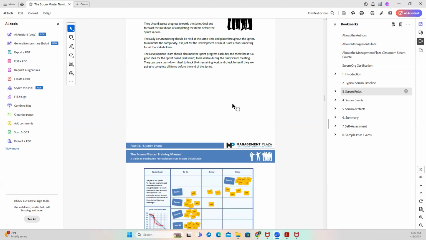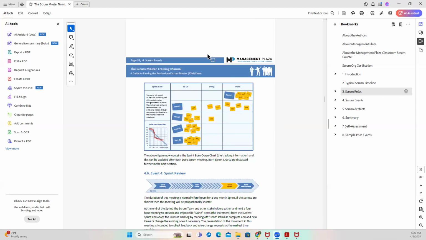Basically, that is it for daily stand-up. It happens every day. As a Scrum Master, you want to make good use of that environment. Always attend your daily stand-up. Take advantage of it. It's not a must for you. And if you're not going to be attending, let your team know that you will not be there. If you're going to be attending, let them know that you will be there. Okay? It's not mandatory for you, but it's mandatory for them. Sometimes it's good for you to be there too, so that you make sure that they are actually doing it.